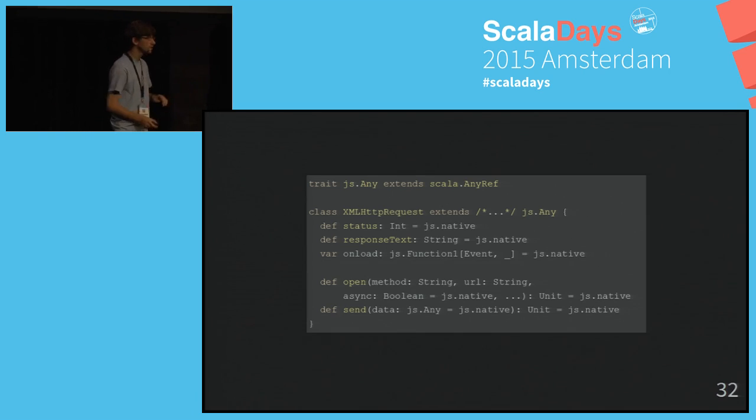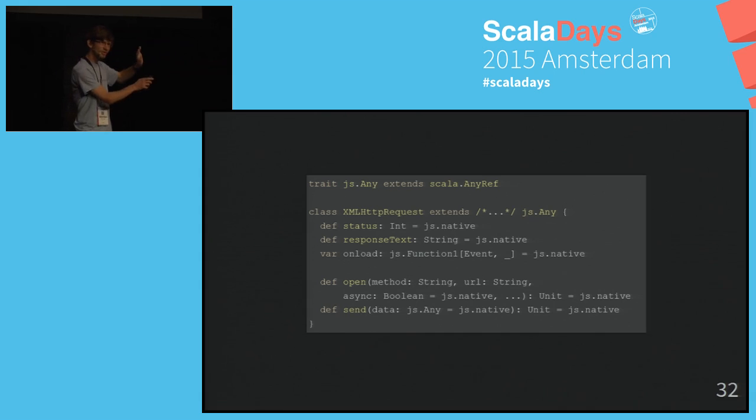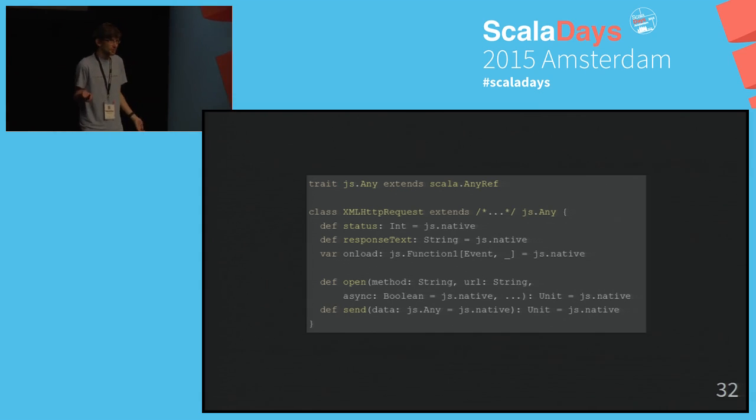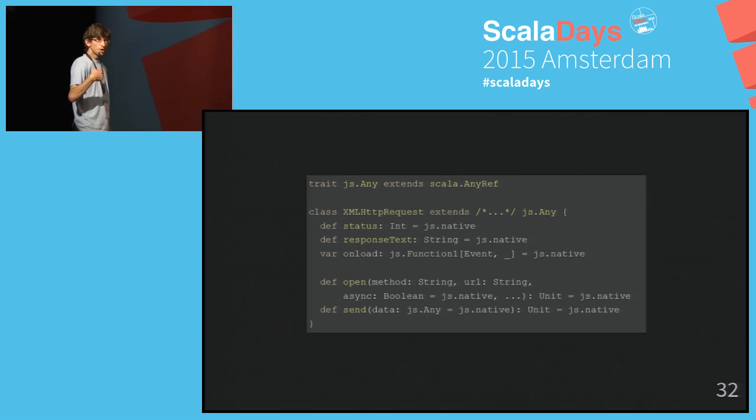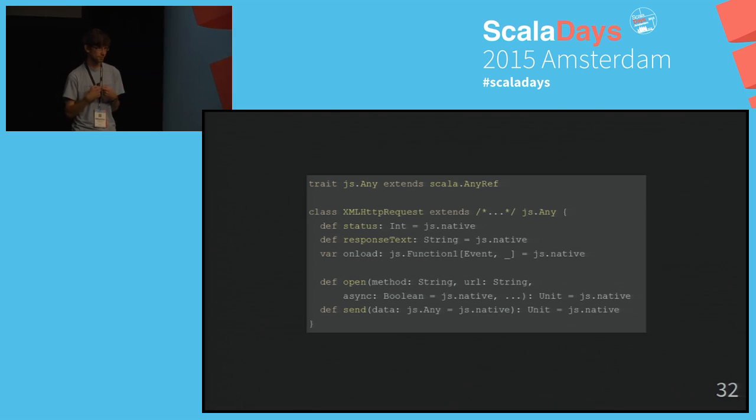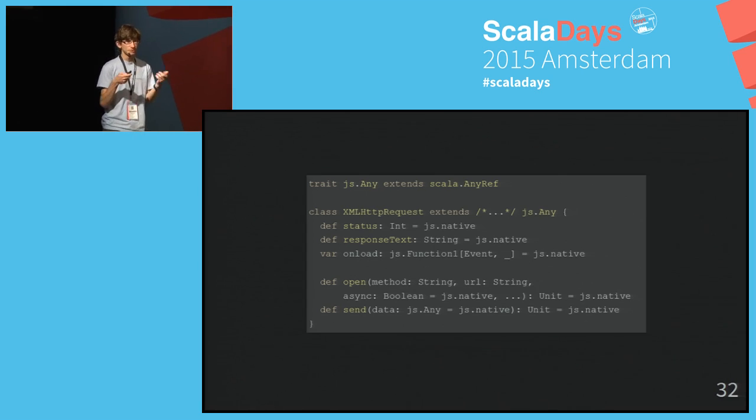It's irrelevant. You can see that we put js.native pretty much everywhere just to tell scalac, the type checker, don't worry, this is not an abstract method. It is implemented. It's just in JavaScript. So the code for this class disappears at runtime. And also the compiler knows, okay, when I manipulate this class, I'm actually manipulating a JavaScript object. So I had better talk to it in the way that JavaScript would talk to it, and in the way that you have a correspondence in terms of syntax most of the time.